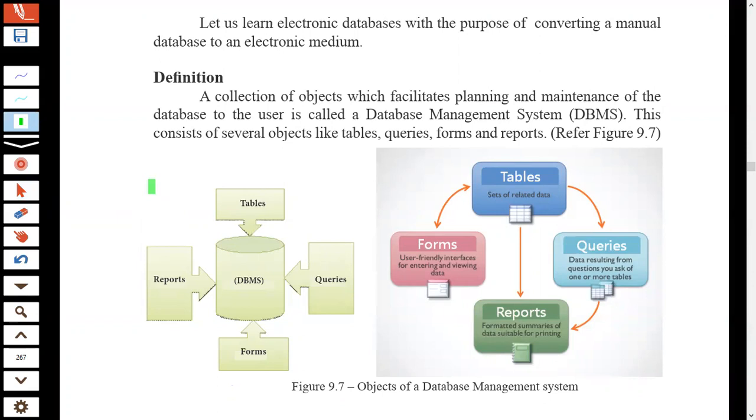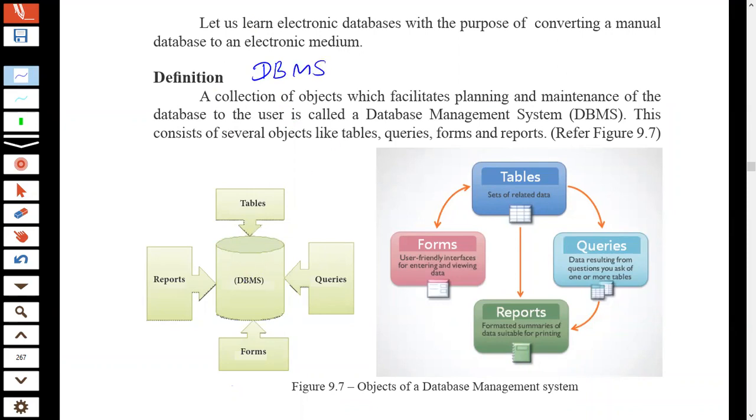So now we are going to talk about database management systems. In short form, it is mentioned as DBMS, Database Management System.